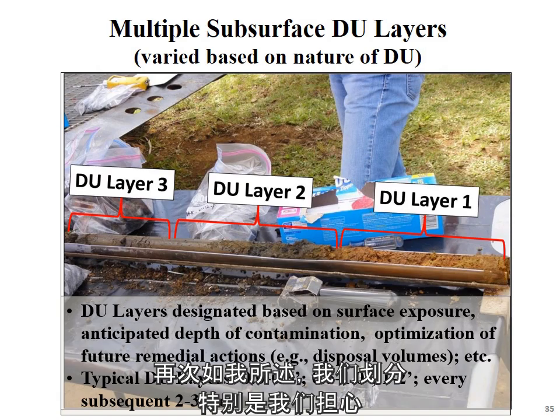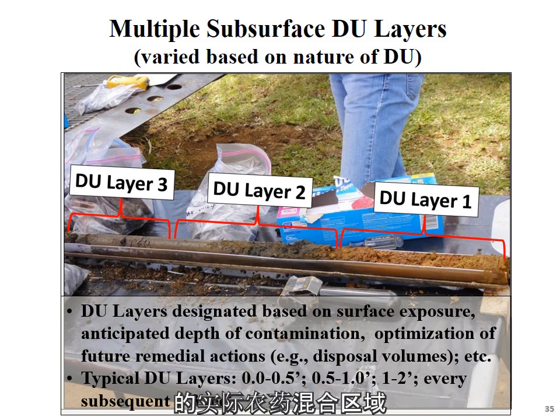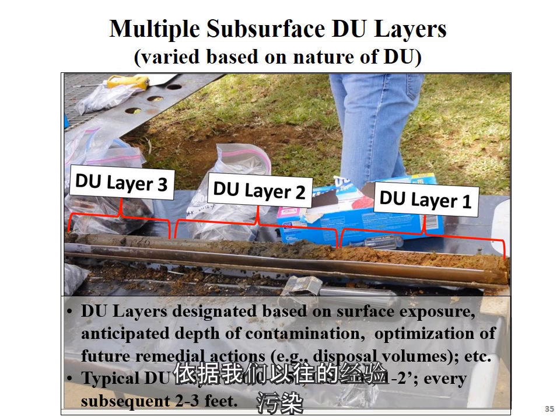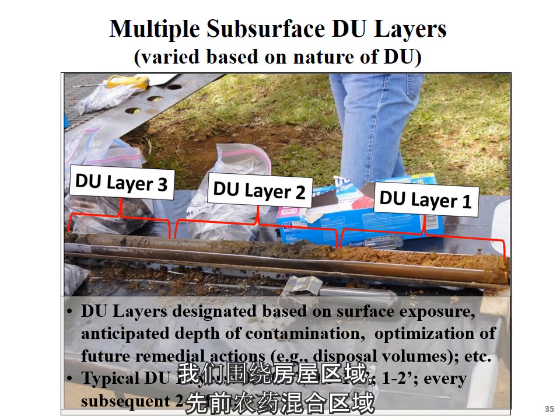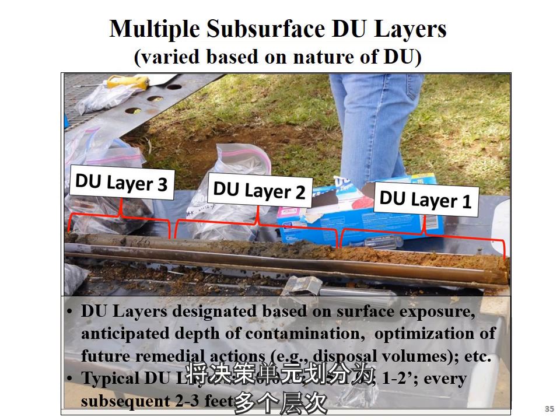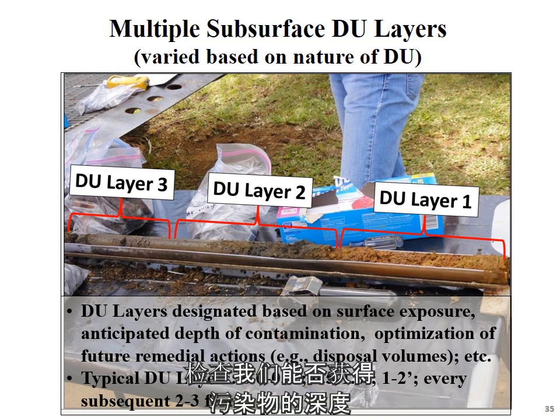Again, like I said, we split, especially where we were concerned the pesticide mixing area actually was. We know from past experience that contamination can go down at least 10 feet. So we split the DUs around the house areas, former pesticide mixing areas, up into multiple layers to see if we get some idea of the depth of contamination and also get better resolution where the contamination was for future